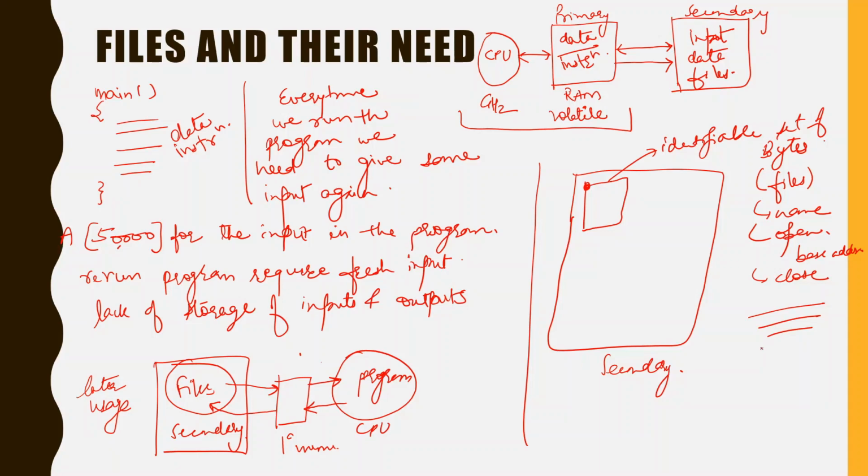Each file has some extension. The extension is simply the type of the file, and this type can also depict its usage. So now let us proceed to the practical files of C programming.